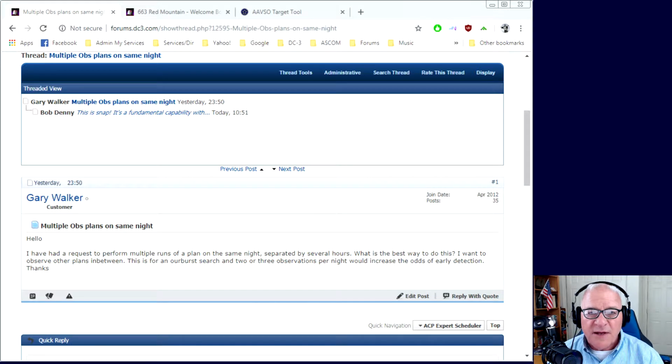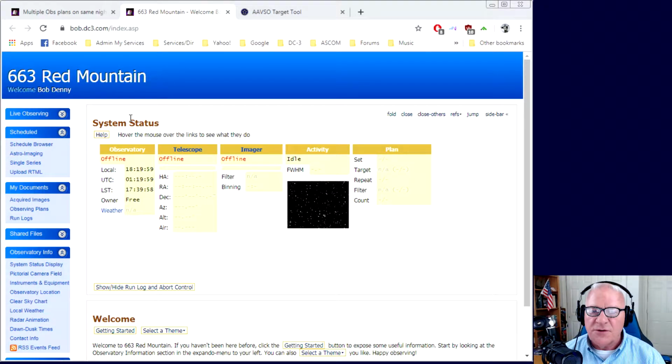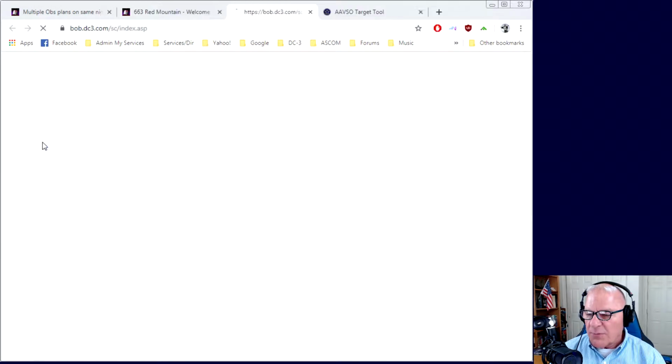We're going to use the web schedule browser to do this, as opposed to the web forms for simple series entry, because those forms can't set up a more complex plan like this. So let's see how to do that. We'll get ourselves logged into the observatory. You can do that either from anywhere in the world over the web, or you can go in through the Use Web Browser button on ACP's console by remote desktopping into the observatory. Either way, the main controls for ACP Expert are on the website, and this is what we recommend that you use. So once we get here, we can open the web schedule browser,